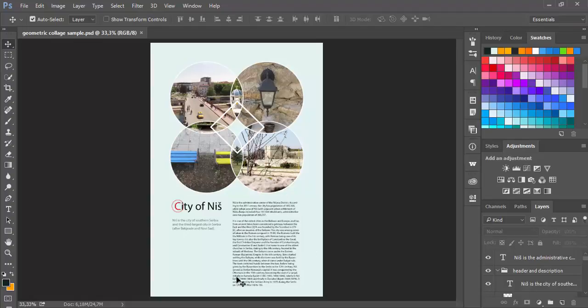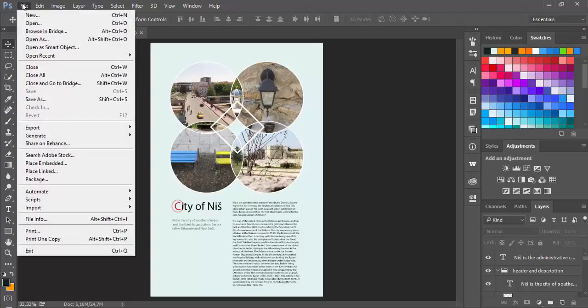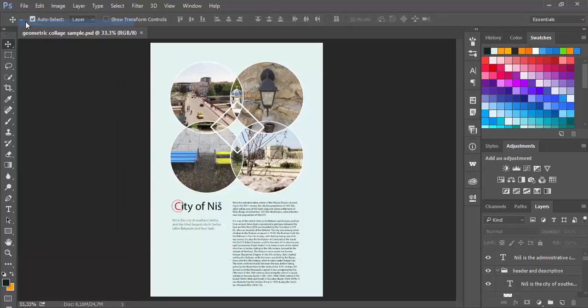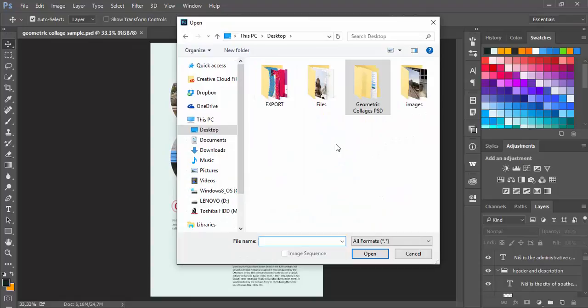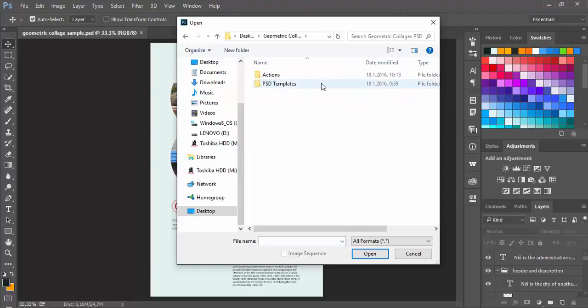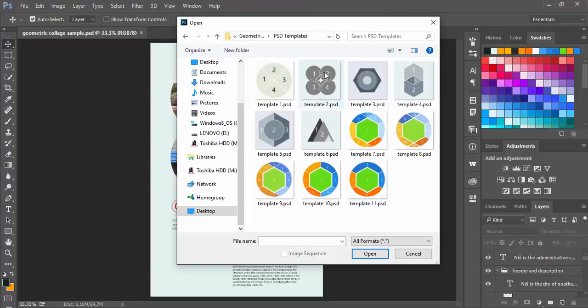some typography. So let me first explain the structure. I will go to File, Open, just to tell you that you will receive a zip package. You need to unzip that package and you will see the Geometric Collages PSD folder. Expand it and inside you will see PSD templates and actions. The first task is to choose the layout or template which